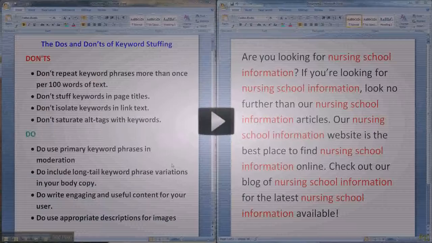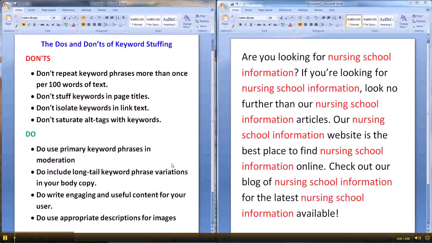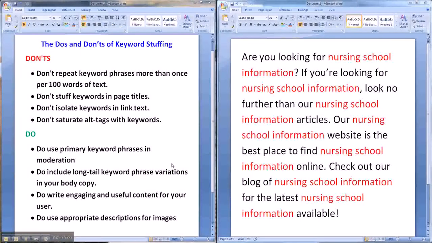My name is John Copeland with 51 Blocks, and today I'm here to talk to you about keyword stuffing and the way that Google's algorithm is now fairly sophisticated in tracking down this particular optimization technique. What used to work in the past can get you penalized today and actually removed from the Google algorithm. So knowing what keyword stuffing is and how to avoid it is crucial to success with your SEO efforts on